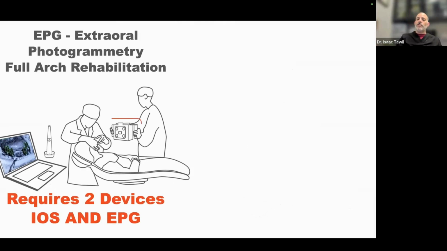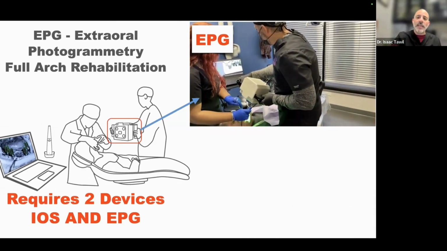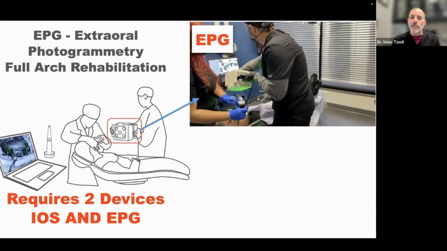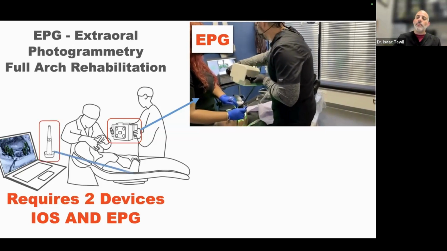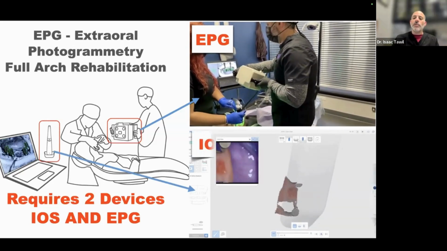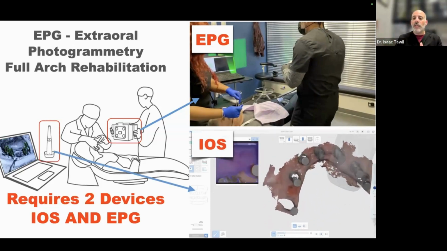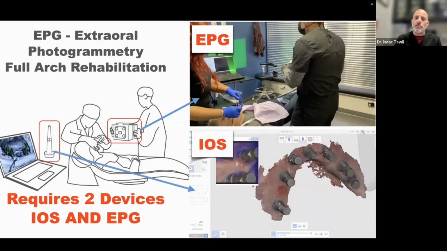So the extraoral photogrammetry will only capture, you'll see I'm holding this device outside the mouth, you'll see these green flags in the background. It's blocking everything else out in the background. And while the intraoral scanner will capture the soft tissue, we may want to use some scan bodies or healing caps to give us some form of alignment. And then we'll have to do a matching in a separate, third-party software, to match those pieces together to be able to go ahead and design a case.